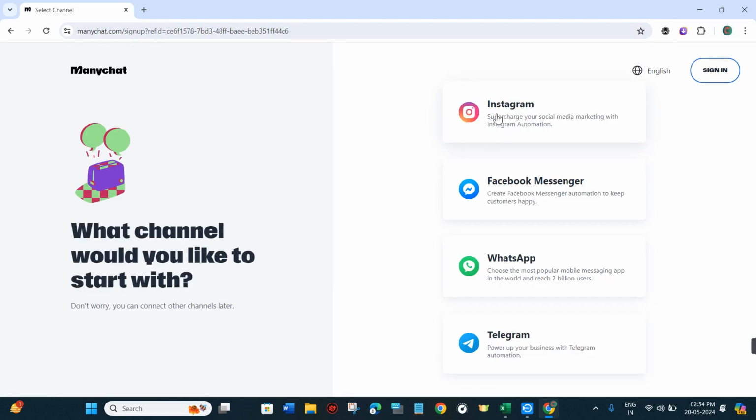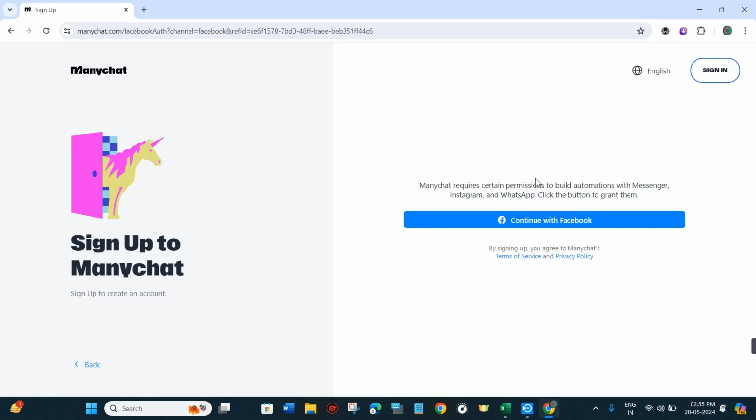Here you will be able to see the integration applications like Instagram, Facebook Messenger, WhatsApp and Telegram. You will notice that there is no option of integrating ManyChat directly with your Facebook pages. If you want to do so, you will have to link your Facebook page with your Instagram account, and with the help of Instagram you can use their automation feature. But if you want to use your Facebook pages, you will have to select the Facebook Messenger option and the automation will work on Facebook Messenger, and with the help of it you will be able to get conversions and more sales. So let's say you have chosen the Facebook Messenger option.